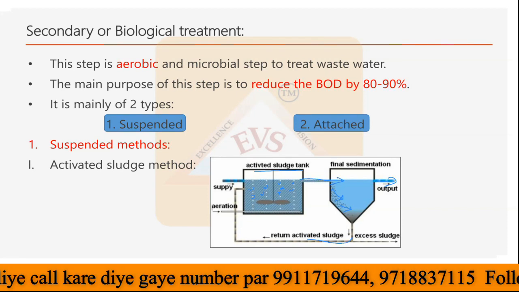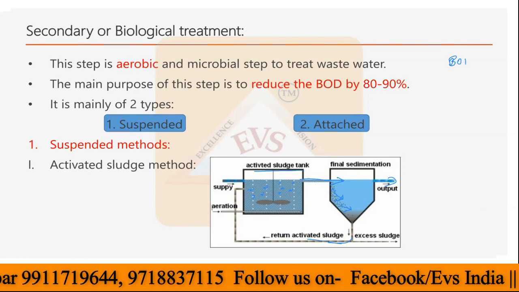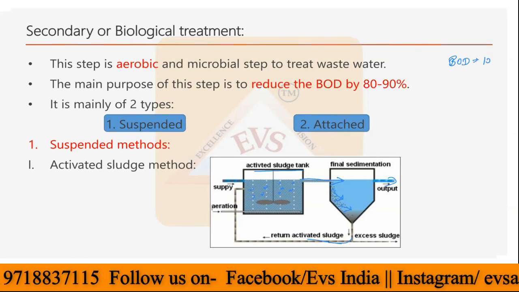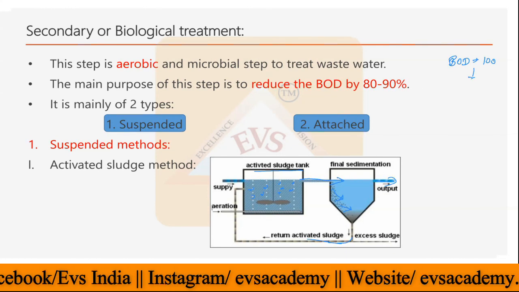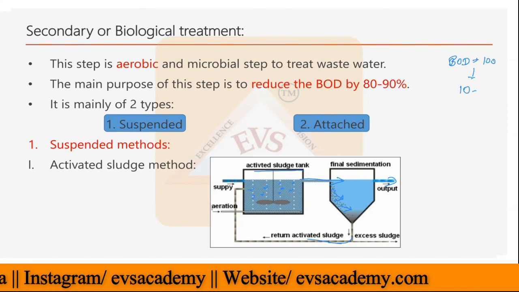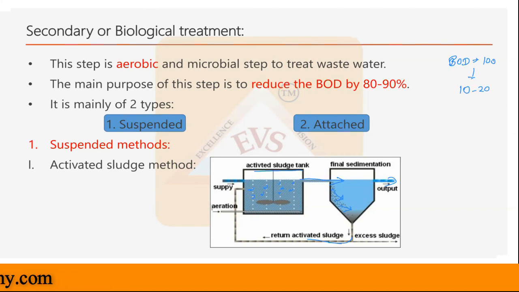And here, in this microbial step, suppose the BOD you are getting here earlier was 100. Now the BOD would be reduced by 80 to 90%. The new biological oxygen demand would be only 10 or 20. This is an example. This much high BOD you cannot find in the water, but this is the example